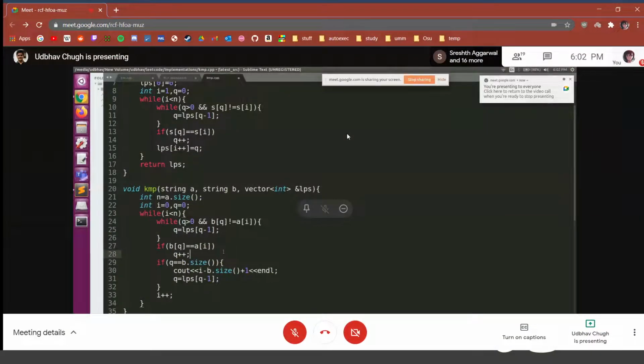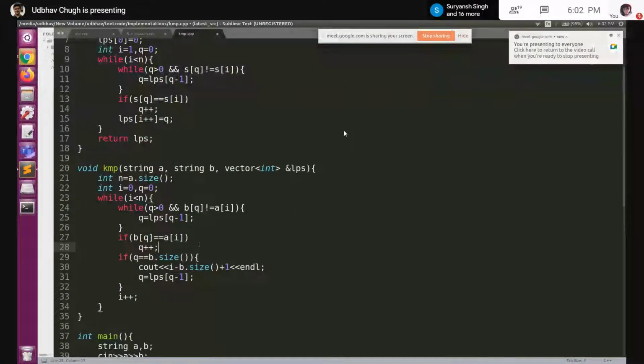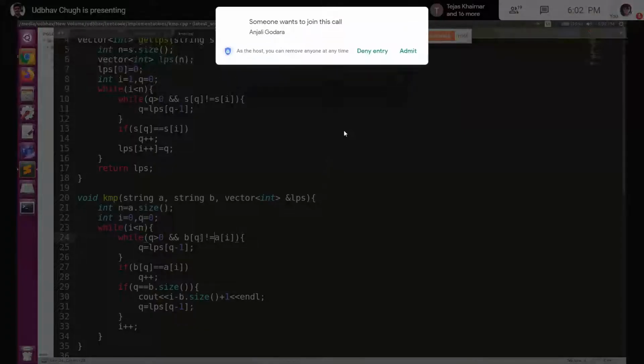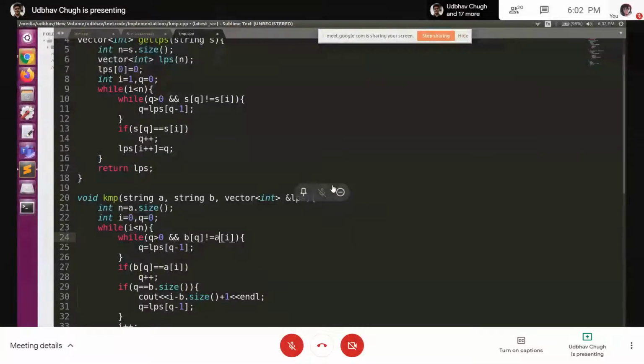So the only difference between KMP and the calculation of LPS is this, that while we are moving back, we compare B of Q with A of I. So I compare my query string with my initial string, and if they are coming out to be equal, all I have to do is increment Q, right? And whenever Q, the index for the query string, reaches the length of the query string, I know that I have found my substring, so I can just print the index where I'm finding that substring, and accordingly I can move Q to the LPS value of the previous index.